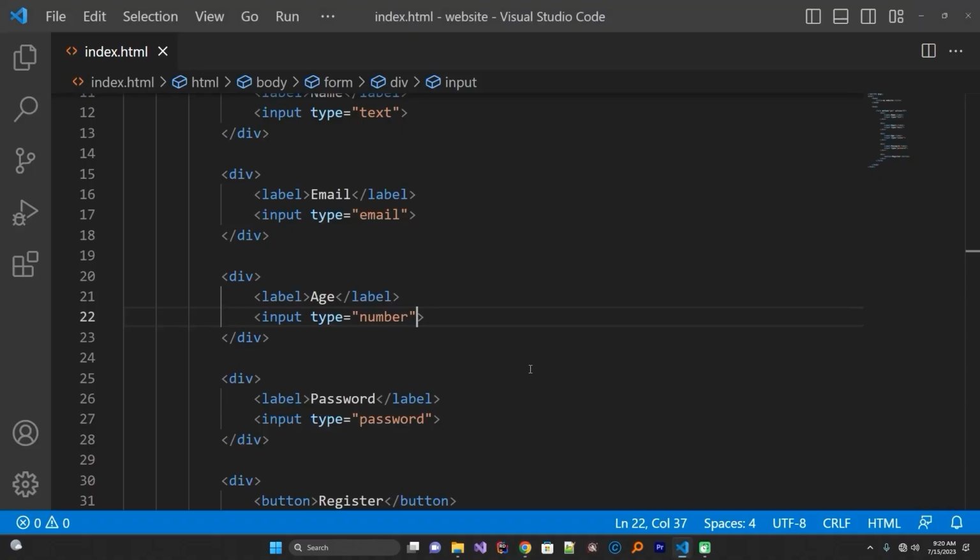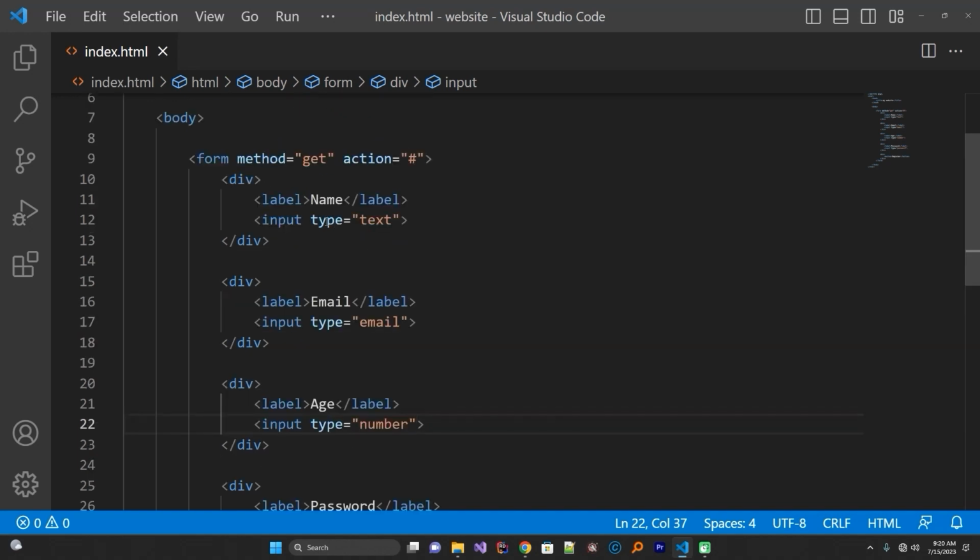All right, if you agree with me, let's continue. So you have to come to the label. There is an attribute for labels that is called for. The for is going to target the particular input that you want